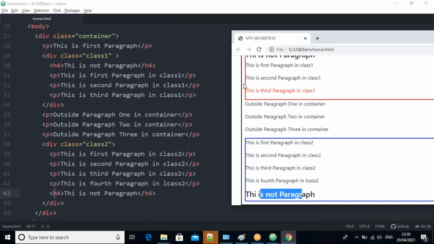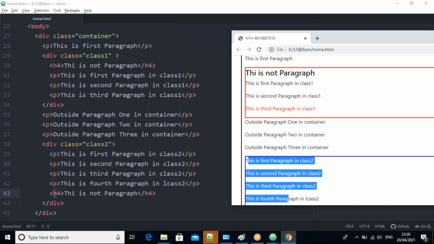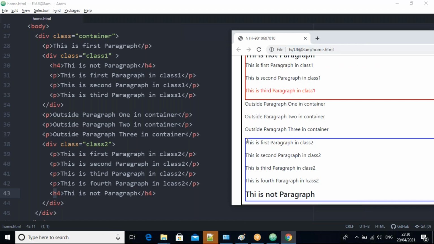But in the first class, the last one is the paragraph only. In the last class, in this division, what's the last one? It is an H4, not the paragraph tag.